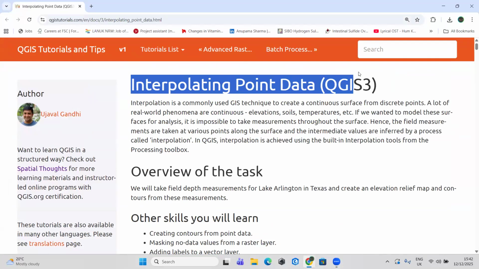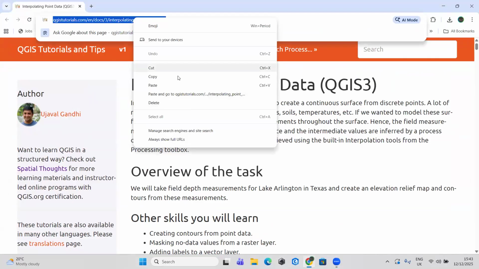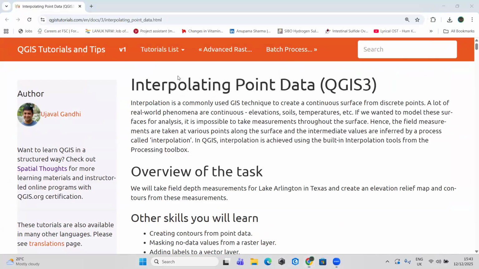Have we talked about what interpolation means? No. Okay. So here is the link. So what happens is